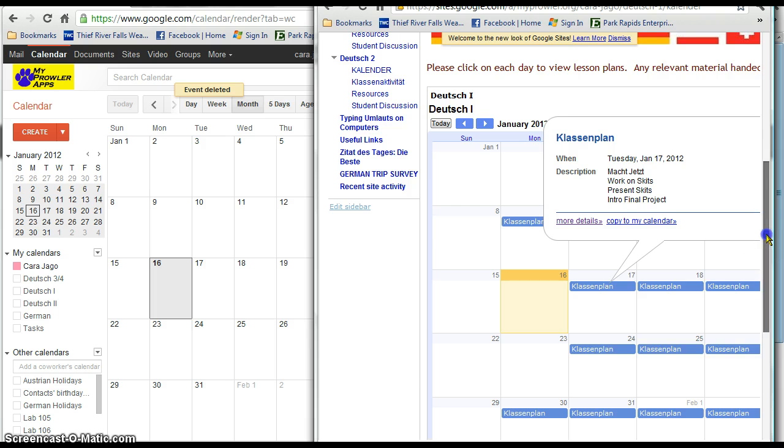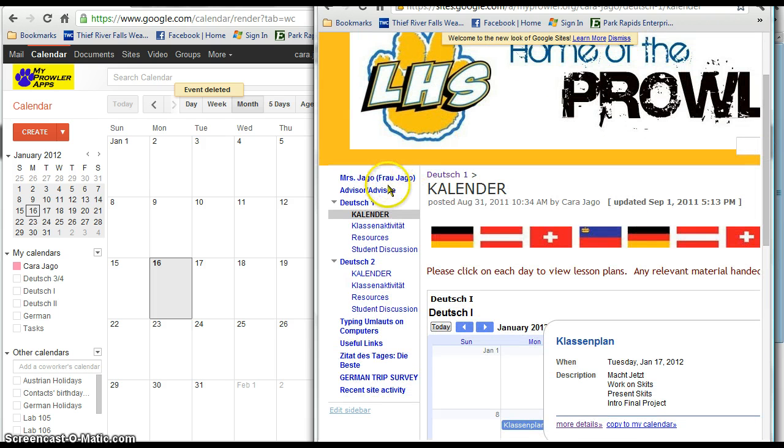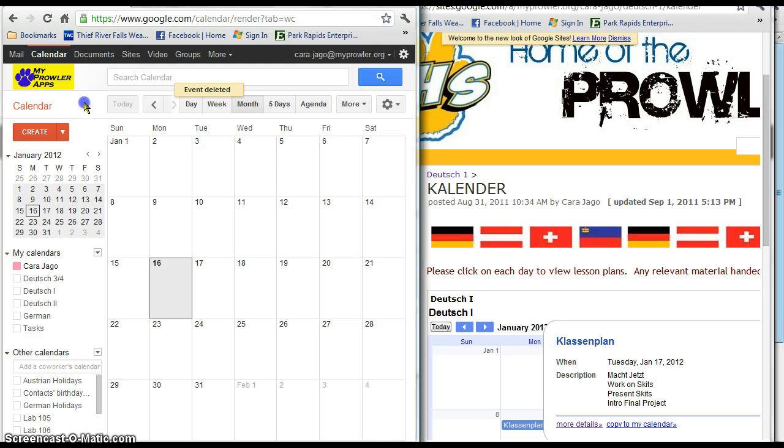Where I'm going to add this today is going to be under a new link that I created for this demonstration called Advisor Advisee. But the first thing that I'm going to have to do is actually create a calendar in Google Calendars. I'm already logged in, so I'm going to go to this spot here where it says My Calendar, click on the little arrow, and create a new